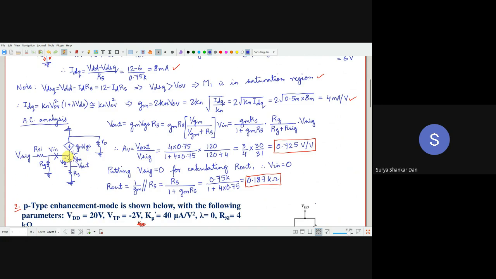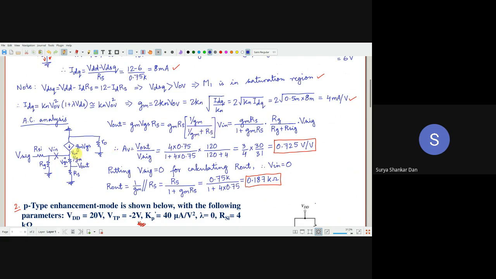The details of this was done in MEC, so I'm not going into all that. So what is the value of Vout now from here? Since there is no current flowing through this path, we are confident that this gm VGS current is essentially flowing through RS, and Vout will be equal to gm VGS into RS. So gm into RS into VGS. Instead of VGS, what is the VGS value? VGS is the voltage across the 1 upon gm. That will be 1 upon gm divided by 1 upon gm plus RS into Vin. That is what I've written here.